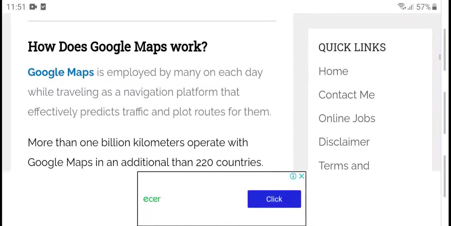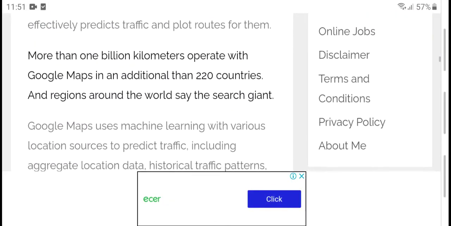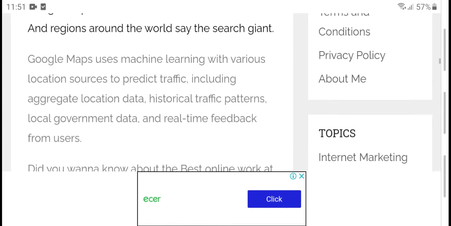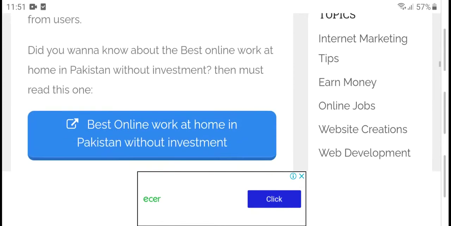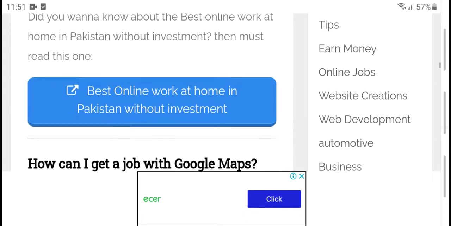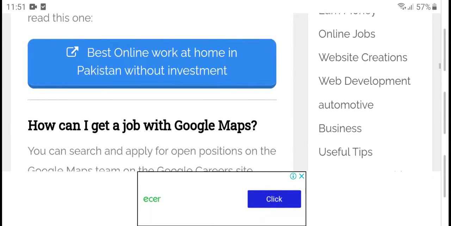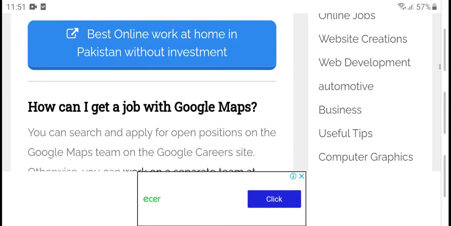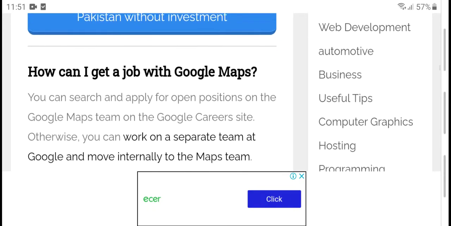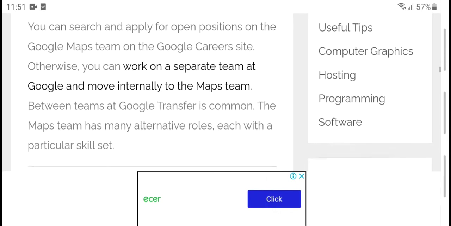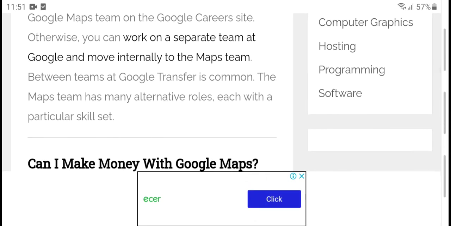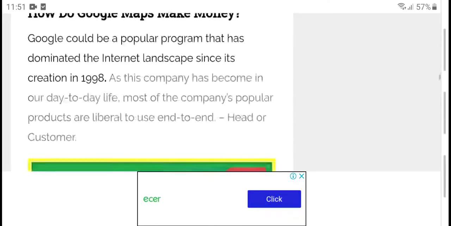Quick links: home, contact, online jobs, discover, terms and conditions, topics: internet marketing tips, earn money online, jobs, website creation, web development, automatic business, useful topics, computer graphics, hosting, programming, software.